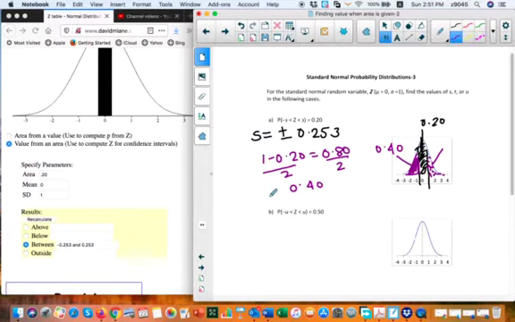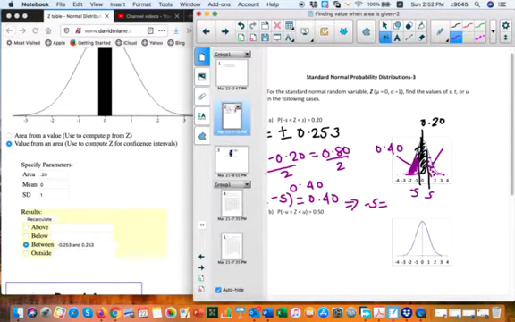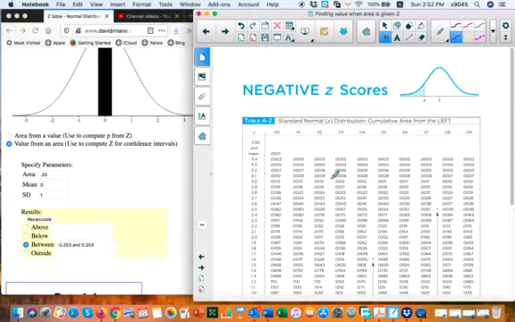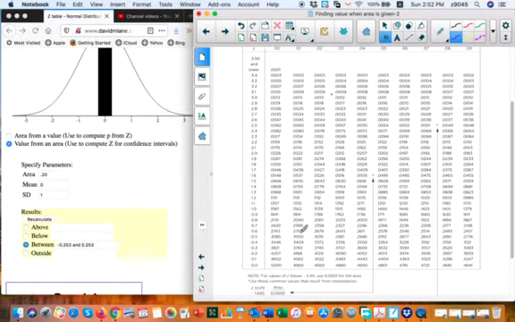Now this is going to be minus s and this is going to be plus s. So for all z less than minus s, the area is given as 0.40. So I'm going to look for this area in the table so that I get the value of minus s. So minus s equals, I'm going to look for 0.40 in the table now. 0.40 is less than 0.5, so it's going to be on the negative page. I'm going to look for 0.40. 0.4013,